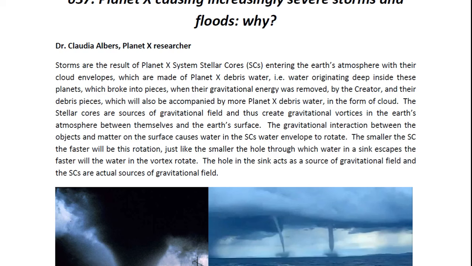of cloud. The stellar cores are sources of gravitational field and thus create gravitational vortices in the Earth's atmosphere between themselves and the Earth's surface. The gravitational interaction between the objects and matter on the surface causes water in the stellar cores, water envelope, to rotate. The smaller the stellar core, the faster will be this rotation. Just like the smaller the hole through which water in a sink escapes, the faster will the water in the vortex rotate. The hole in the sink acts as a source of gravitational field, and the stellar cores are actual